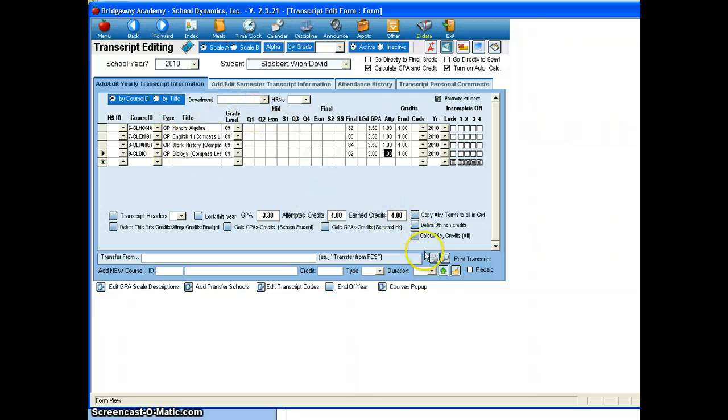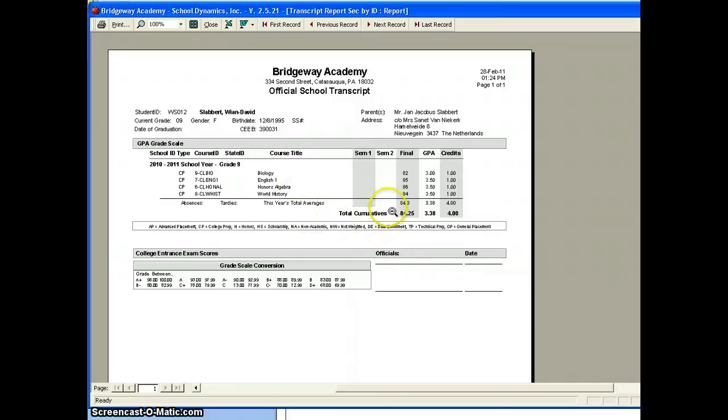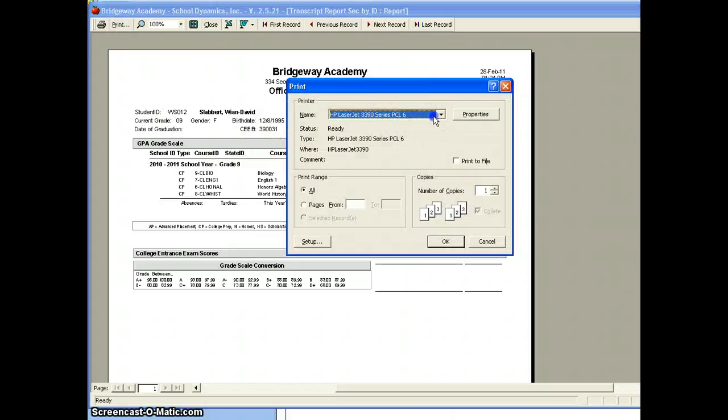So what I do next is I click not this print button, but this one here to view the transcript on the screen. This will let me double check things. If this was not the student's first year, I want to make sure that the previous year's information is there and up to date, showing up correctly. And then I'm going to print this to my CutePDF writer